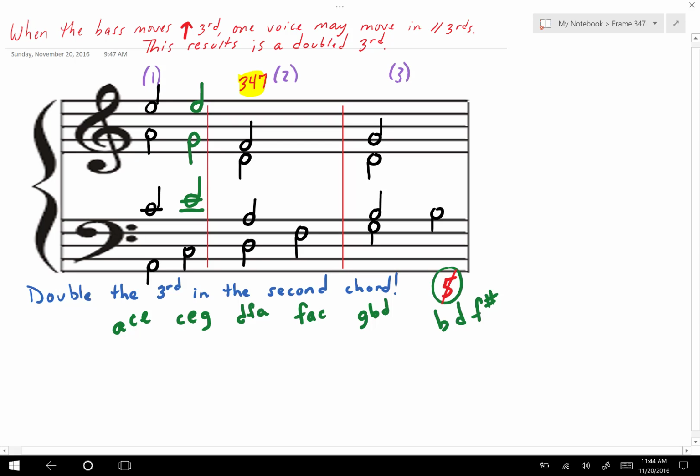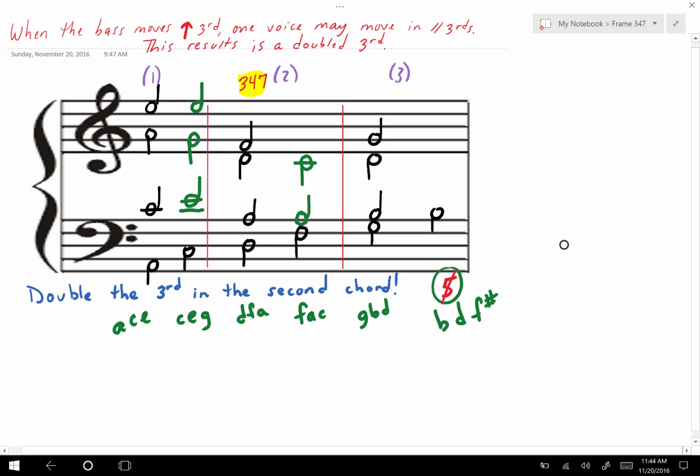We have DFA and we have to go to FAC. So what are we going to do? Well, let's keep the A here in the tenor voice. We have one root, one third. We need one more third, and we need the fifth. The third is an A. I don't want to put that in the alto because it would be a big leap that can be avoided. So what if we put the fifth in the alto,